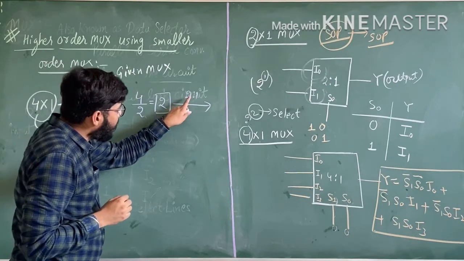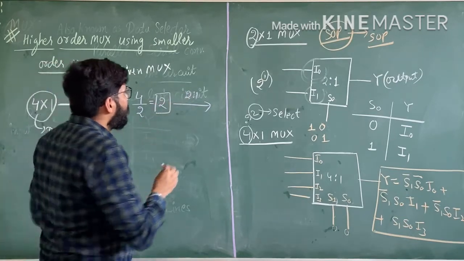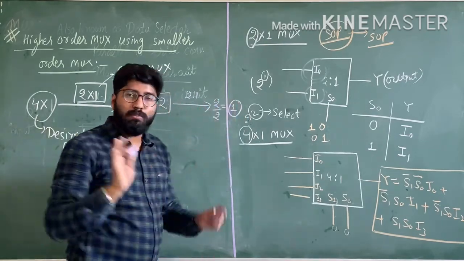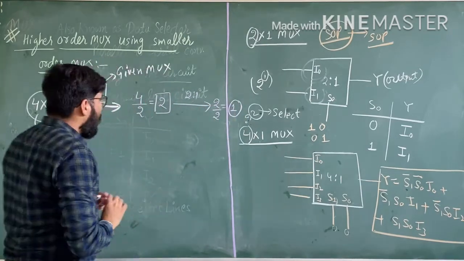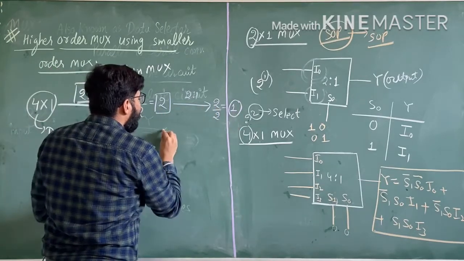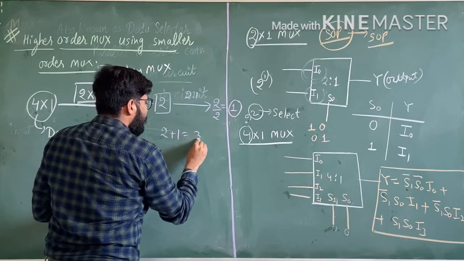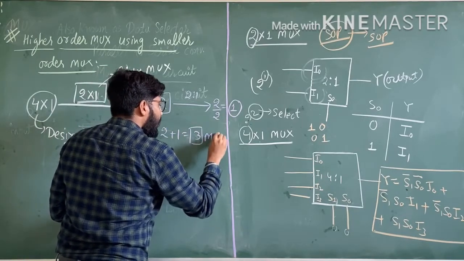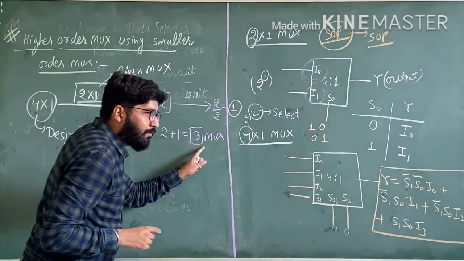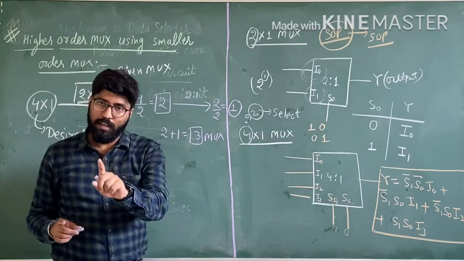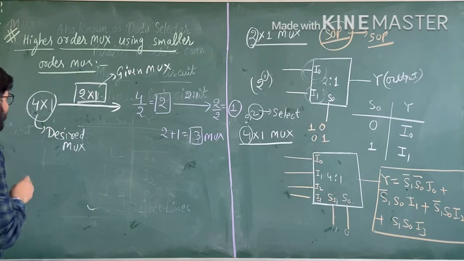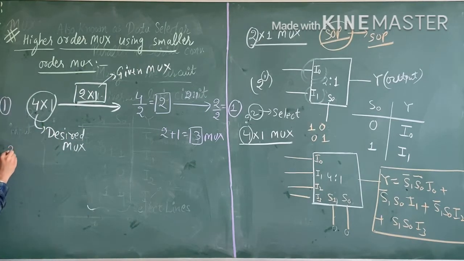So if we again divide this 2 by this 2, we get 1. So you stop the division process. Now you see this is 2 muxes and this is 1 mux. So the total becomes 2 plus 1, 3 muxes. So in designing a 4 cross 1 mux, we require 3 muxes of 2 cross 1. Okay, it is clear. I will give a short break after discussing the concept. Suppose we consider another example.